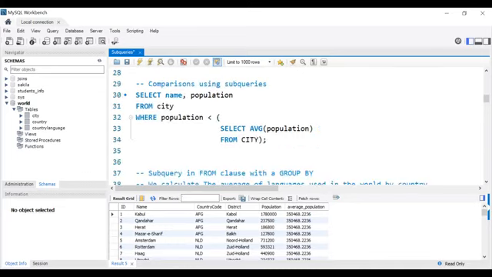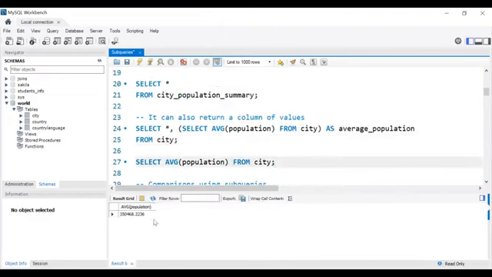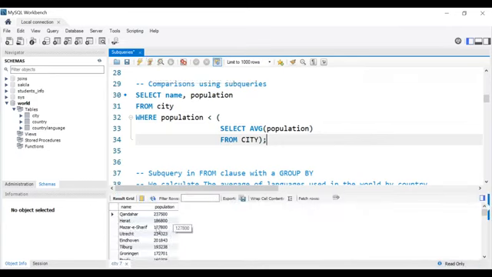Now, when we use subqueries for comparison, here we have calculated the average. Okay, it will give us a single value. We are going to select the name and the population from the city table where the population is less than the average. So this is the subquery, and it has the following value. Now if we execute that, we'll get all the cities that have a population which is less